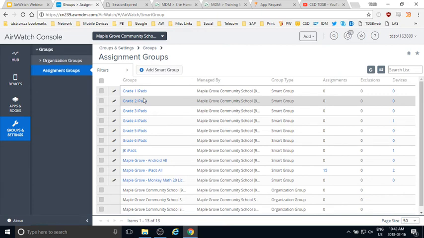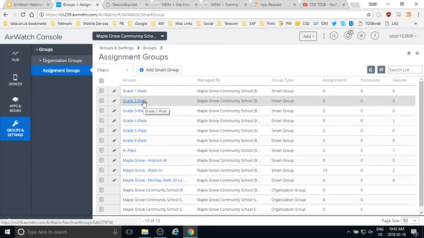I've created groups for grade 1, grade 2, grade 3, grade 4, grade 5. Say, for example, I don't want my grade 1 iPads to have the same apps that my grade 6 iPads have. Maybe I have some different apps on there that don't really apply to the older grades. I could go as far as to put those apps so that they only go on the grade 1 iPads, and then the grade 6 iPads have their own apps as well.